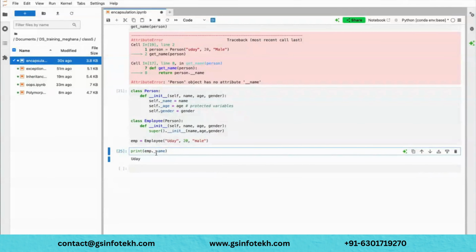Any doubts about the basic things you need to understand: what is private, what is protected, what are public variables. You just need to remember these three concepts, and if somebody asks where can I use these things, private, I told you, right? Whenever there is sensitive information like member details, you can keep that as private variables. You don't need to give it to any other projects or other employees in your company. Okay. So this is about encapsulation.